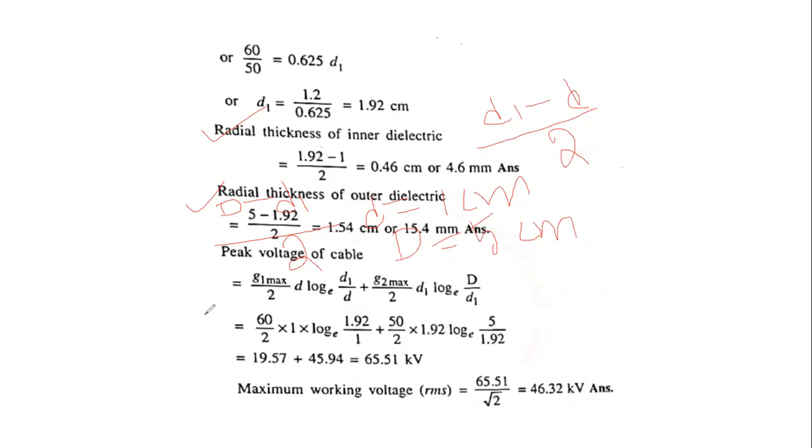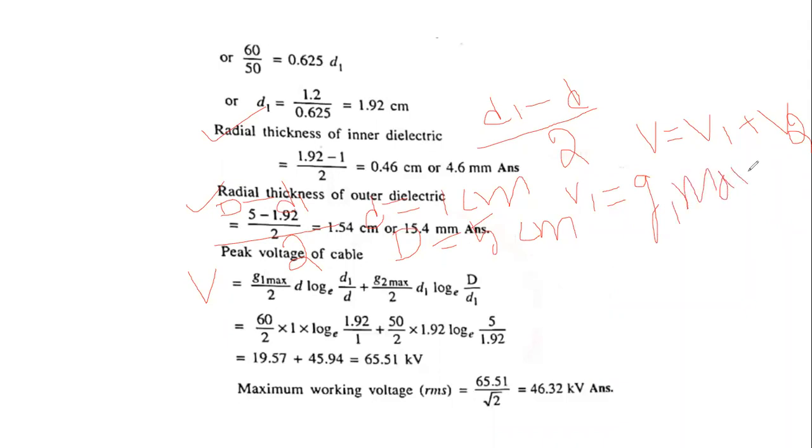Next we calculate the peak voltage of the cable. That is V. Therefore, V is equal to V1 plus V2. What is the V1 formula? V1 is equal to